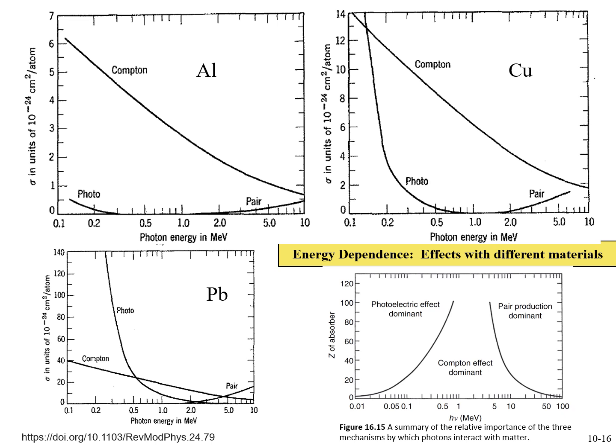However, those cross sections are around 6 barns, whereas for copper, the cross section goes up to on the order of 20 barns, and for lead, the Compton cross section is 40 barns, whereas for the photoelectric effect, the cross section is massive, well over 200